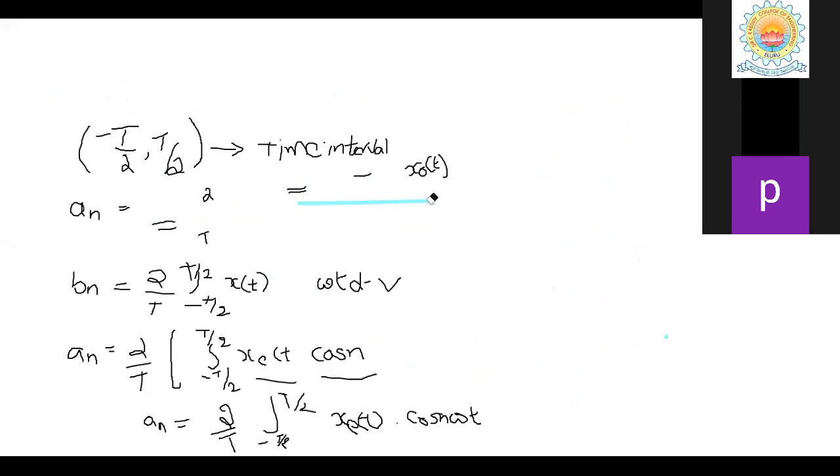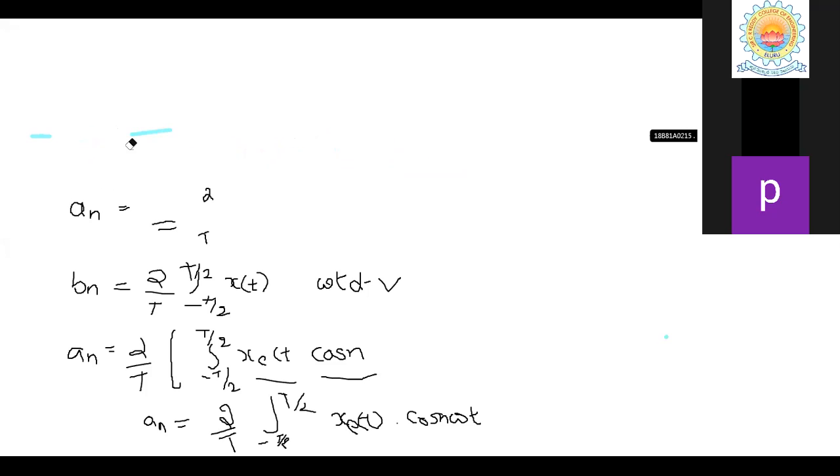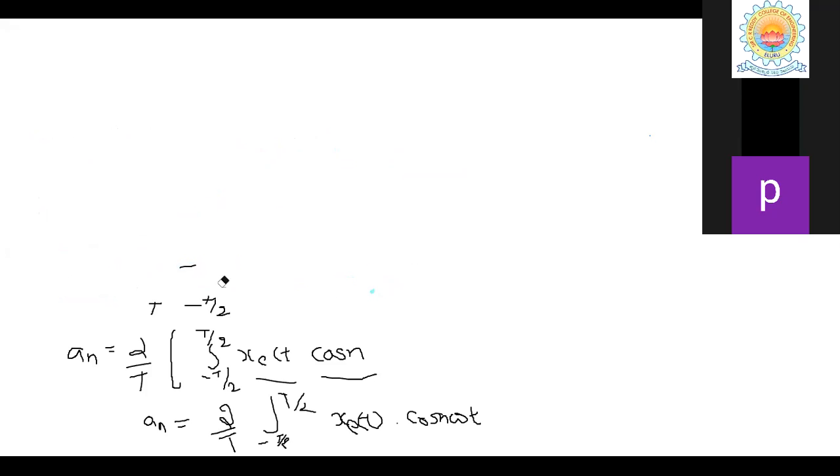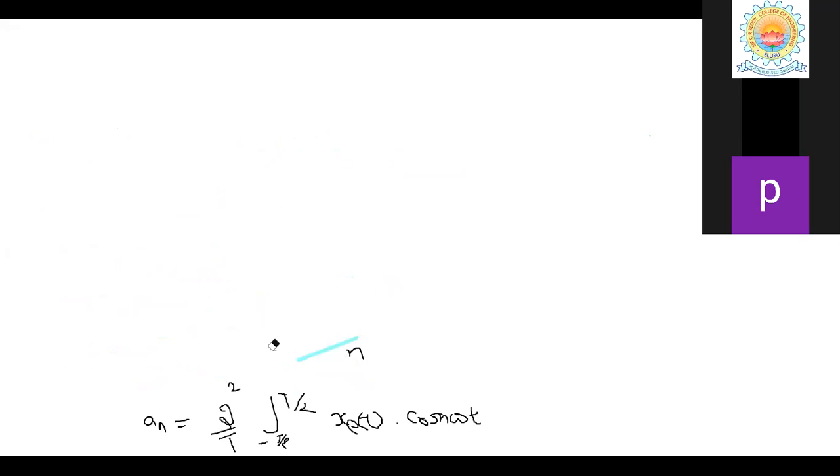So I think most of the times you are also getting one long answer question from this particular topic: show that the Fourier series expansion of any periodic signal contains only cosine terms. Okay, that is the question sometimes you are getting from this topic. So that is why this is also a very important topic to remember, right? Now please do remember the final last statement.